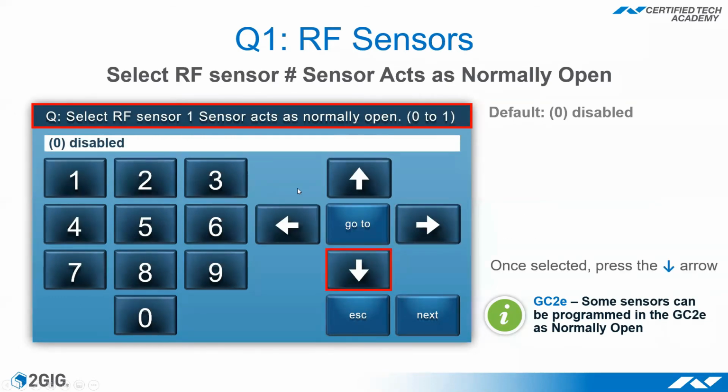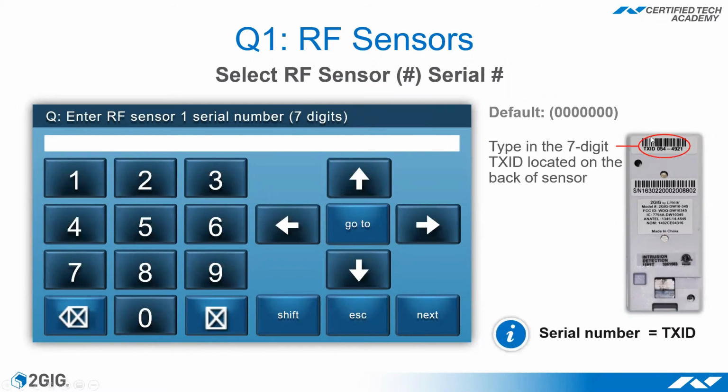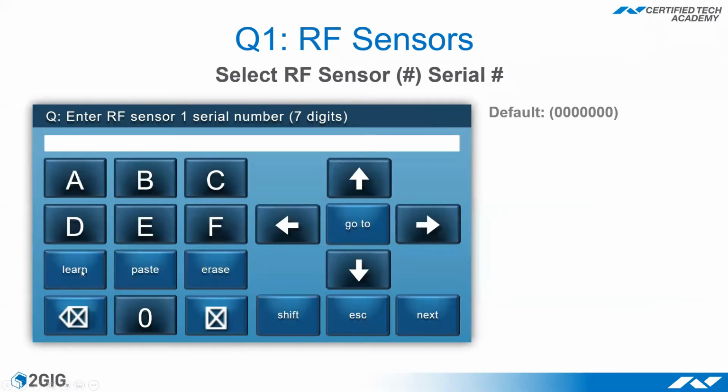Then just press down. The next is serial number. We've got a couple ways to get the serial number off this device. First things first, you can just grab the serial number off the back of the sensor. It comes right there. It's a TXID number, which is the serial number. You can grab it and type it in here. If you're a little bit like me, I like to make it a little bit easier myself. I can just hit Shift and then Learn,